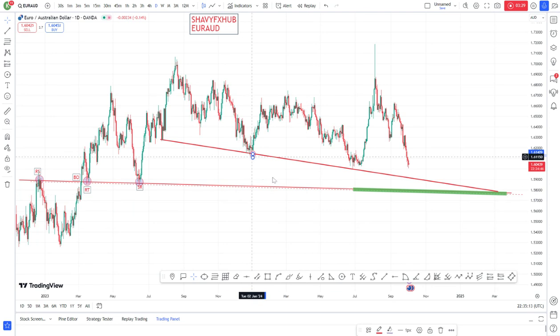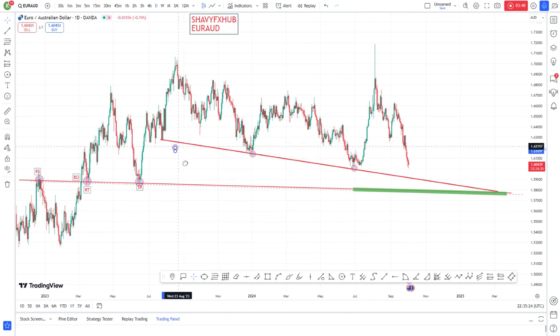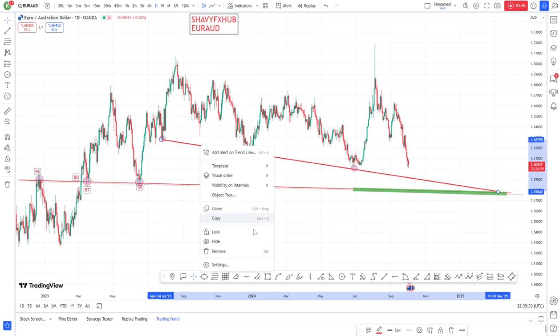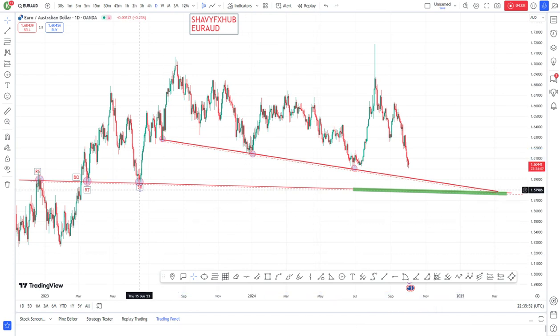This is what the structure is saying. I don't know if there's any other thing outside what the structure is saying, but I'm interpreting the structure for you. The structure says the selling will continue. It's not my own word. I didn't say it, but I will explain what I see from the structure. AUD will continue to have a huge advantage over euro. This is what it means for now, and I'm going to prove it to you.